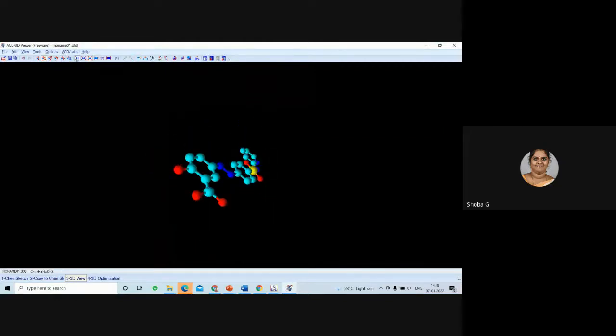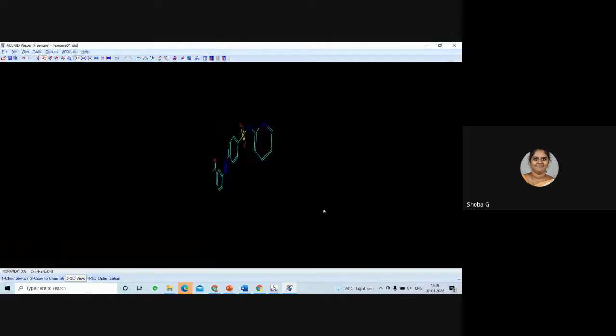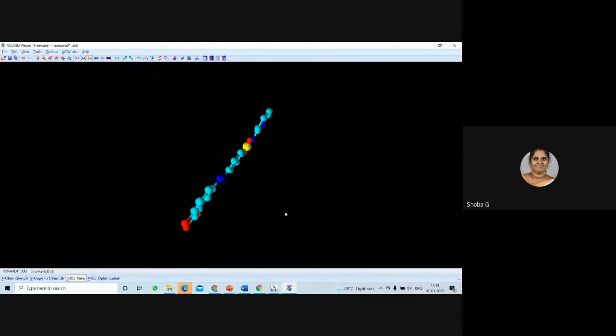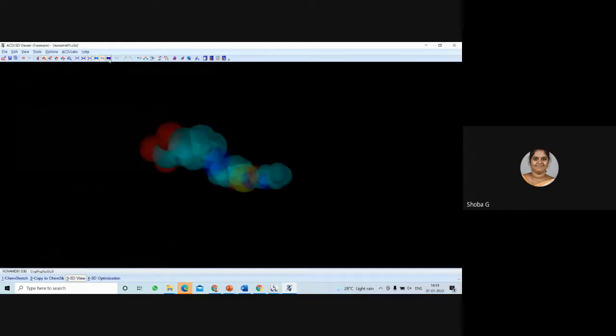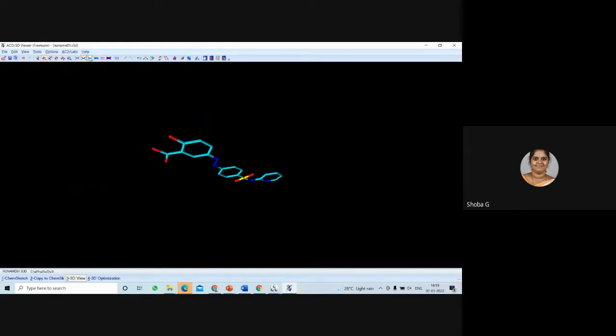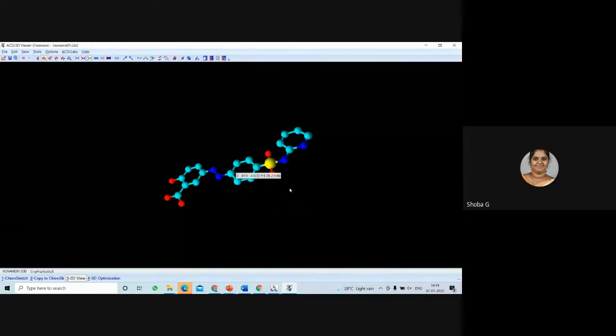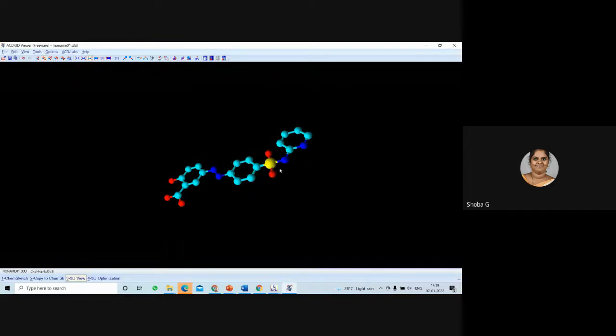So here you have line notation, stick model, ball and stick model, space fill model. So these are different models, cartoon model. Usually for publication purposes, this would be clear based upon the atom color, where the different atoms appear. Carbon atoms appear in light blue color, nitrogen atoms dark blue, oxygen atoms red, and sulfur